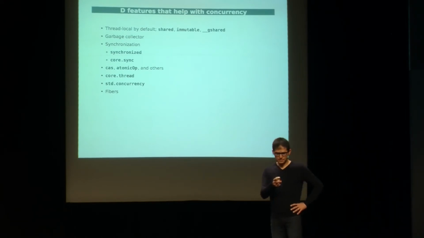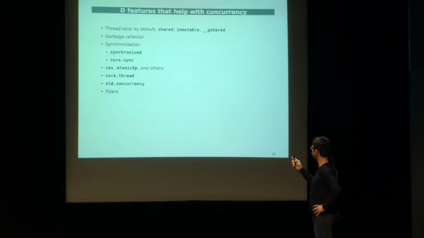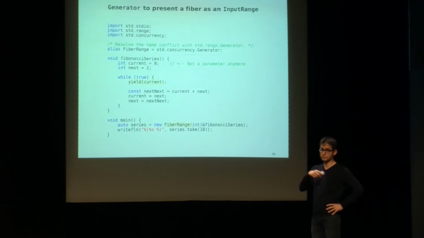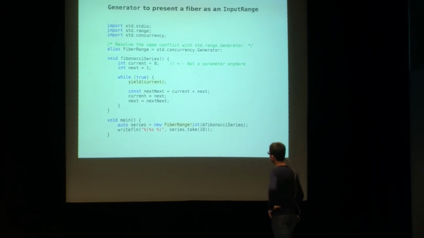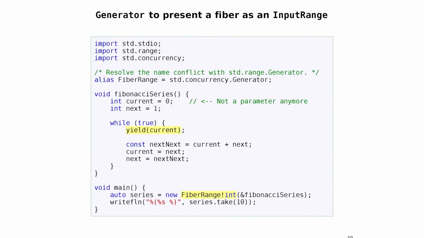The other thing is, I passed it very quickly. There's an issue with the current implementation, and if you can find a solution, that's much appreciated. Because the fiber range takes just a function pointer, and the function pointer does not know what type yield is yielding. You can have an int here, but you can have any other type being yielded. Long, double, byte. There's this disconnect. That's one thing you have to be careful about. So that's another negative thing about this one.